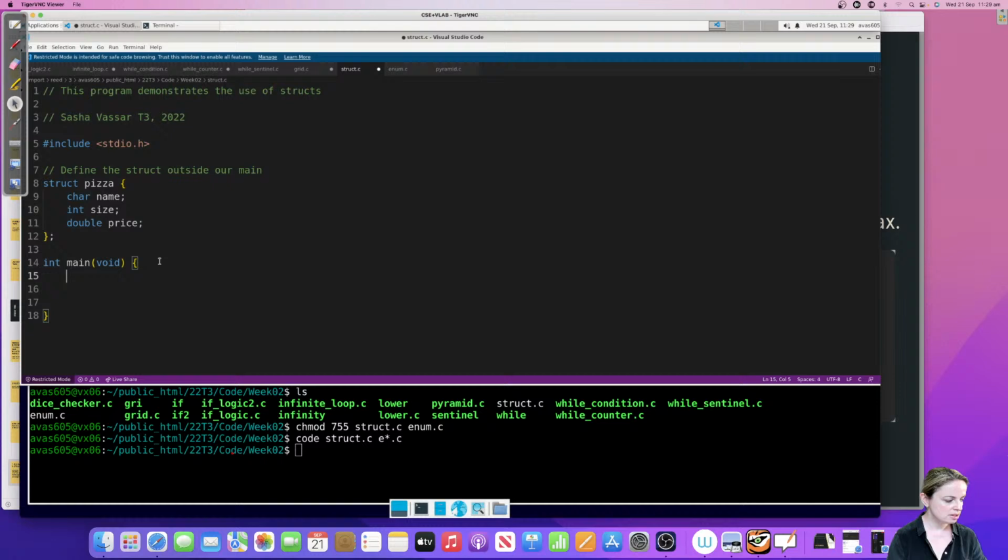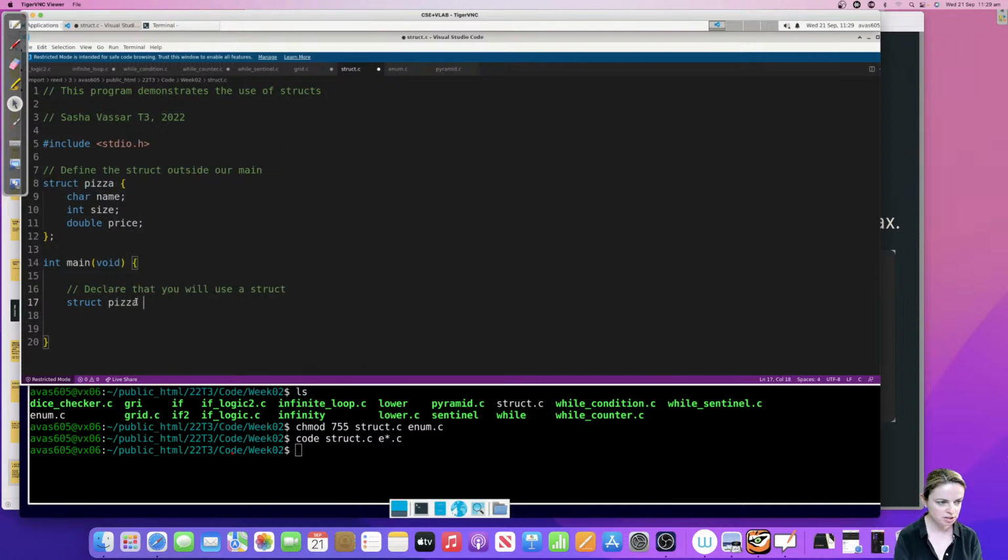Now we go inside the main, and this is when I have to declare that I'm going to use this struct. To declare that I'm going to use this struct, I'm going to say that I want something of type struct. So just like you normally do int variable name, it's exactly the same thing. My struct is struct pizza, because you can have more than one struct defined outside.